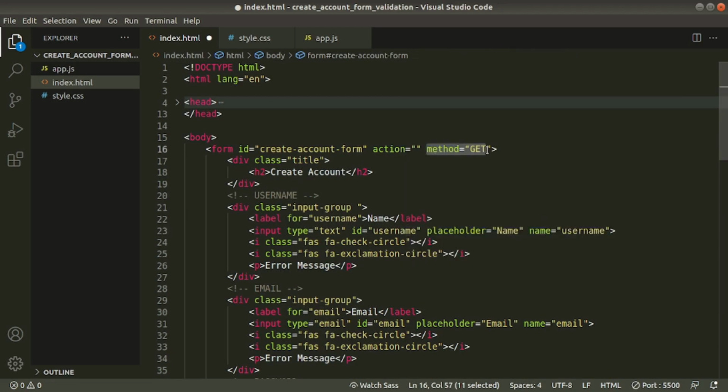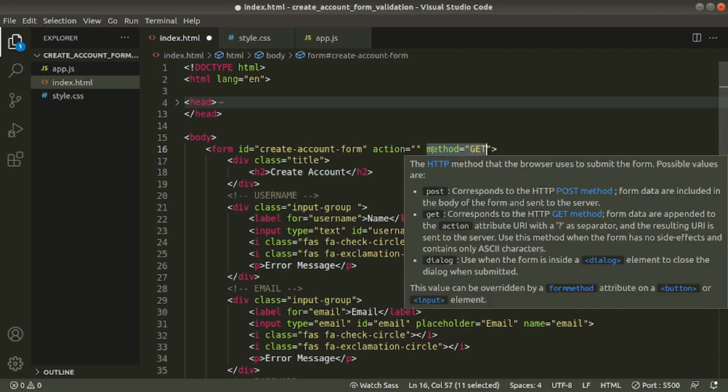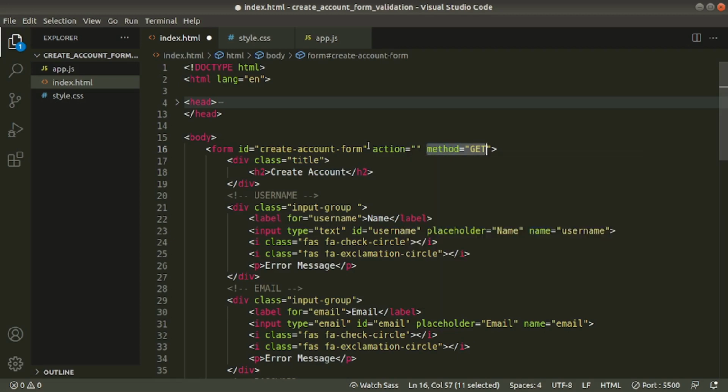It appends the form values to the URL as name value pairs, and each name value pair will be separated by an ampersand. Now if you don't provide these two values here, still this form is going to submit to the same page. Still it uses get method. Those are default values. Now for readability, I'll keep them here.